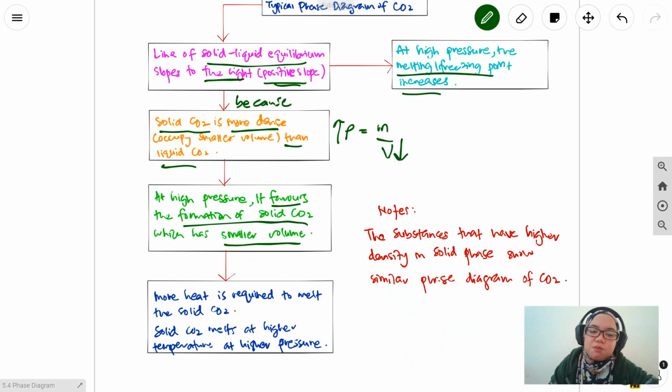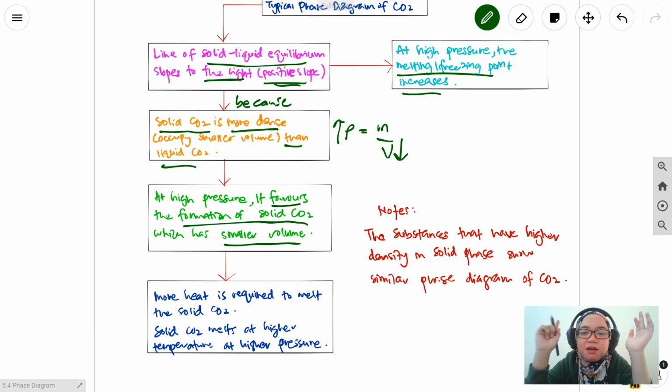Sebab apa? More heat is required to melt the solid carbon dioxide. So, solid carbon dioxide will melt at higher temperature and at higher pressure. So, note kat sini, substance yang ada higher density dekat solid phase, biasanya dia akan show similar phase diagram macam carbon dioxide. So, clue dia awak nak tahu line dia incline ke kanan atau kiri, awak kena tengok solid dia